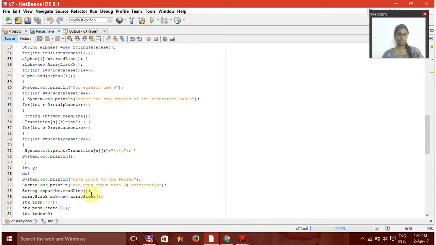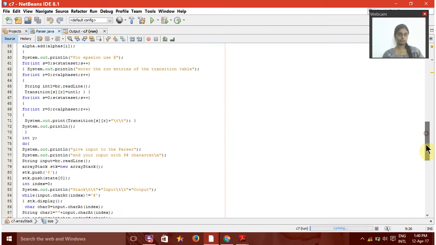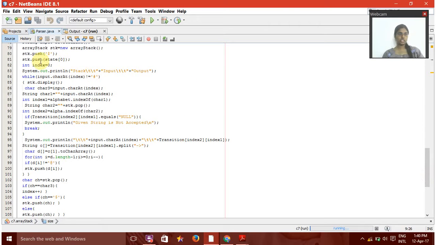This gives the input of this parser: we give the input as characters, and the string input is equal to br.readLine. We use ArrayStack stk as a new ArrayStack. Then we create the push function, and use the string's input characters at an index, and the alphabet function alpha.indexOf(character a). In the same way we create other functions: character chstk equal to pop, and index++ increments the function, else character is equal to